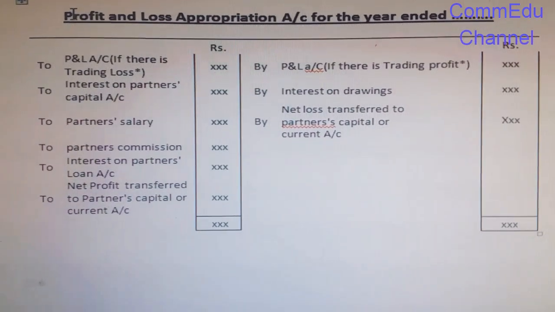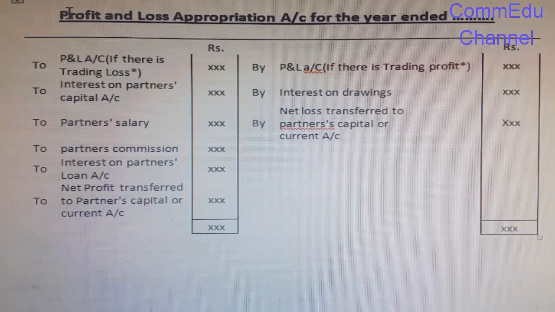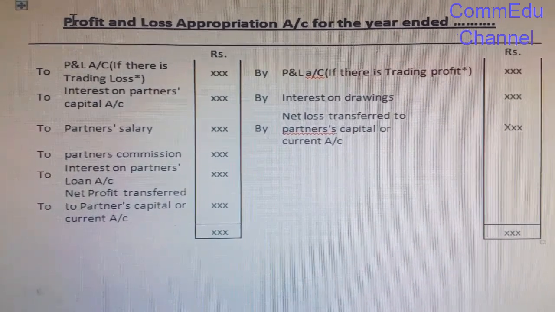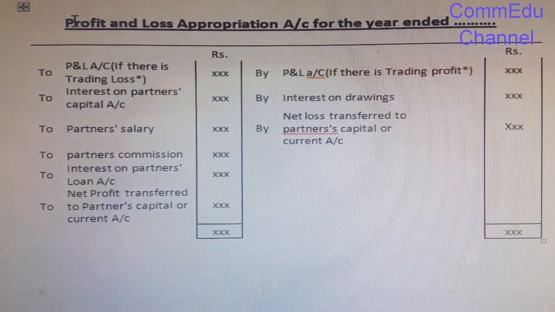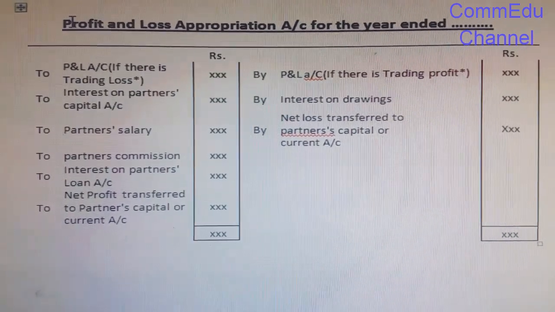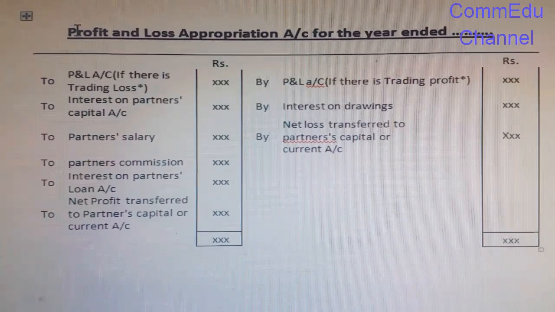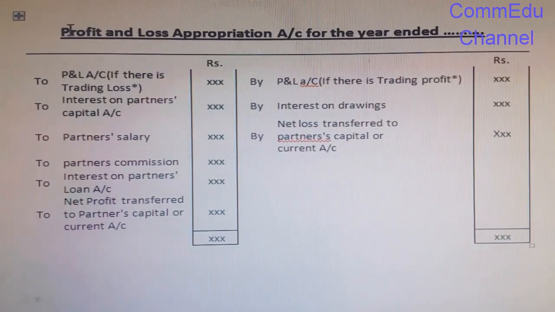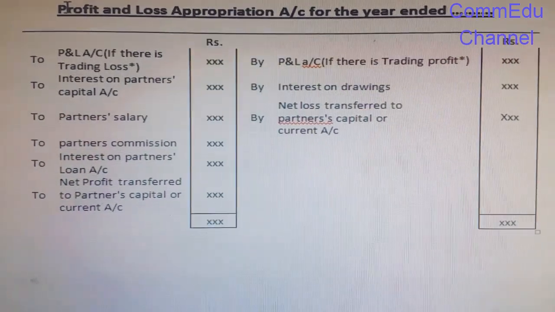In the case of partnership accounting, it is usual to allocate interest on capital, interest on drawings, salary, commission, and the respective share of profit or loss to the capital accounts of partners through the profit and loss appropriation account. Profit and loss appropriation is an extension of usual profit and loss account for the purpose of adjusting transactions. The discussed adjustments are carried out in profit and loss appropriation account in this manner.